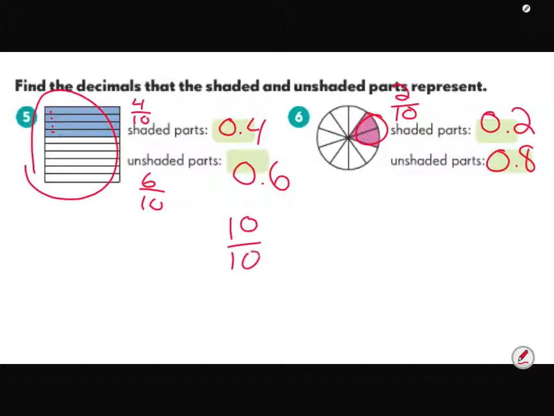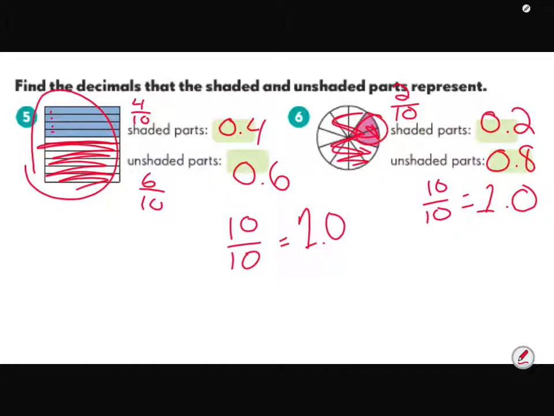If I have 10 out of 10 and I color in 10 out of 10, then I know the whole thing is colored. Same here. If I have 2 colored and then I add the 8 colored, then I have 10 out of 10 colored, which is 1 whole, which means I have 1 whole thing colored. All right, let's try